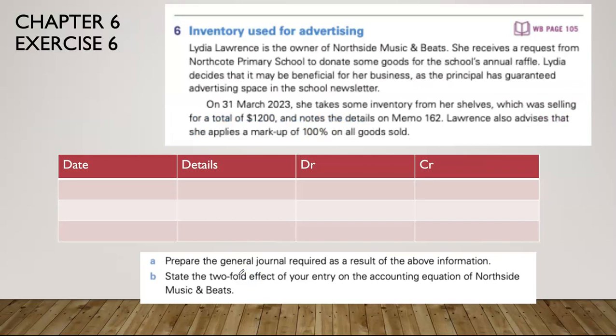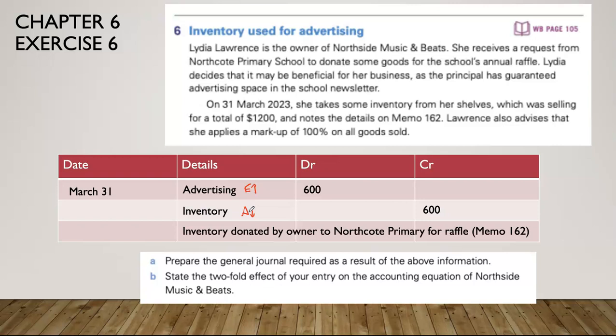So in terms of the general journal, I've recognized that it is an advertising expense, and I know that $600 of inventory is leaving my business. So on the 31st of March, advertising is my debit of $600, advertising being an expense that is increasing, and we know that that's a debit. And inventory is an asset going down because inventory is leaving our business, and that is $600. It doesn't say that we don't do a narration, so we assume that we will. Inventory donated by owner to Northcote Primary for raffle is perfectly acceptable, and the important bit here is to record